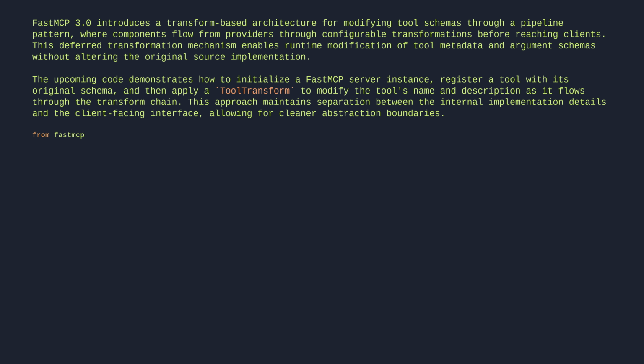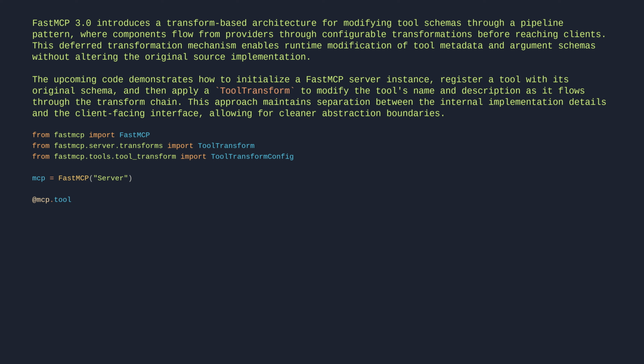From fastmcp import FastMCP. From fastmcp.server.transforms import ToolTransform. From fastmcp.tools.tool_transform import ToolTransformConfig. mcp = FastMCP("server"). @mcp.tool def verbose_internal_data_fetcher(query: str): """Fetches data from the internal database.""" return f"Results for {query}"